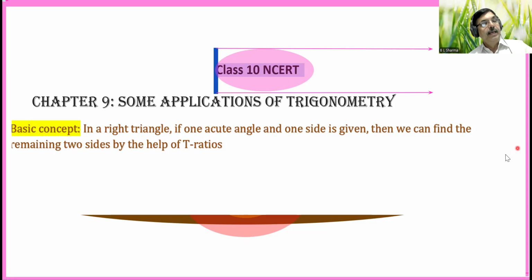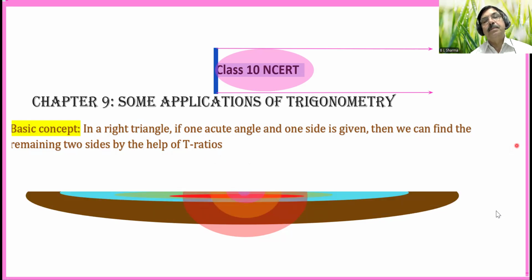इस एक्सरसाइज में अगर किसी राइट एंगल ट्राइंगल में एक साइड दे रखा हो और एक एक्यूट एंगल दे रखा हो, you know, in a right angle triangle there are two acute angles. If one of them is given and one out of the three sides is given, then by the help of the trigonometric ratios, means trigonometric values of sine, cos, tan, sec, cosec, that is for 30 degree, 45 and 60 degree, इन स्टैंडर्ड एंगल की वैल्यू दे रखी होती है, तो रिमेनिंग टू साइड्स को हम फाइंड आउट कर सकते हैं। ये इस एक्सरसाइज का बेसिक कॉन्सेप्ट है।